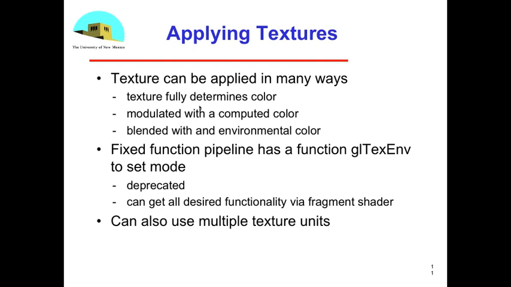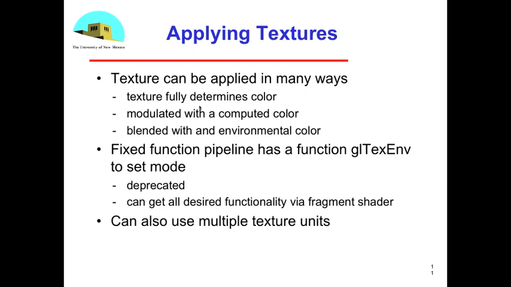You can also blend it together with what's called an environmental color to give it a certain shade or feeling that can give you a certain kind of lighting effect. The modulation is often used as a way of creating effects that are more like colored glass, layers of colored glass, which we'll be talking about more when we talk about compositing